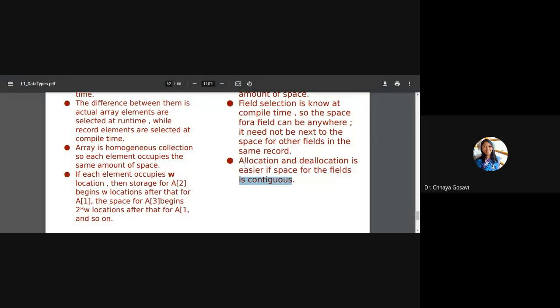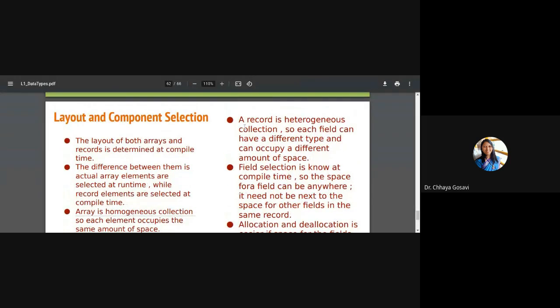So you can implement records with linear spacing, storing one after another: S1 dot roll number, S1 dot percentage, then immediately S2 dot roll number, S2 dot percentage. Or you can store at different locations with a linked list.